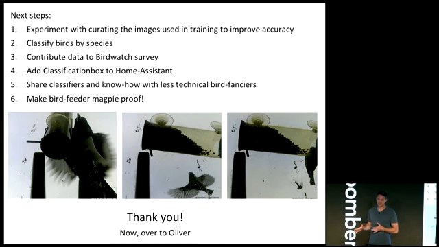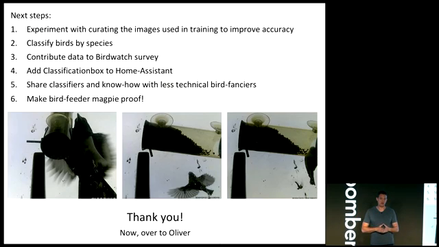And, well, my next task is to integrate Classification Box into Home Assistant so it becomes really simple for anybody that's familiar with Home Assistant to start using it. Another idea I've got is how do we share this work with people that don't have a technical background. My mother, for instance, wouldn't really know about image classifiers. So my idea is probably to publish this work somewhere, maybe on Hackster, make the classifiers available, provide all the scripts that I use just to set things up, and then anybody with a budget of about 30 or 40 pounds will be able to reproduce this work.